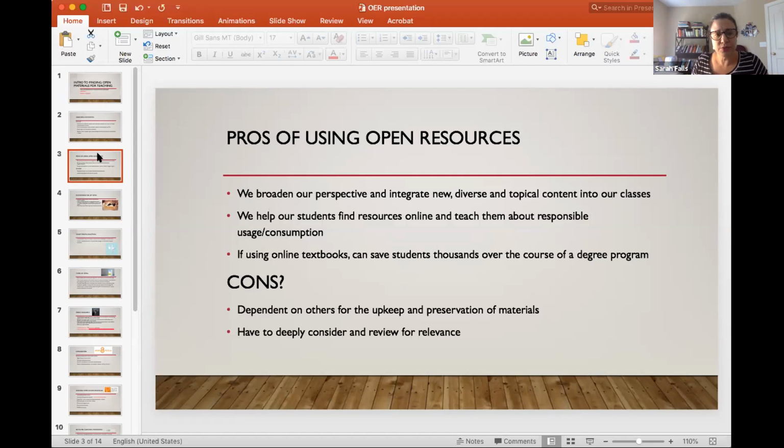But it also allows one to dig into organizations that may be placing their content out there but may not be as well known, and it allows our students to have a broader exposure to content. We can help our students find resources online and teach them about responsible usage and consumption of these online resources. Students don't always think about where the information is coming from. And so if we are gathering it in a responsible way and presenting it in a responsible way,